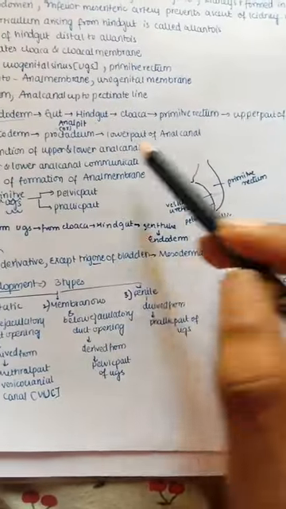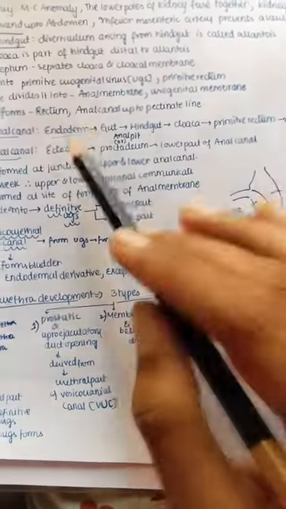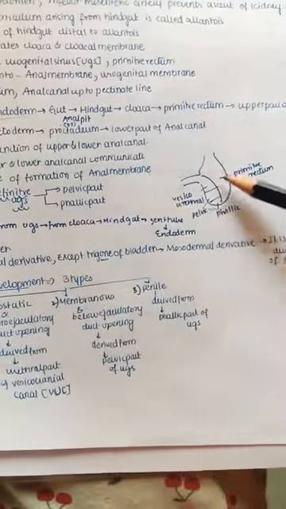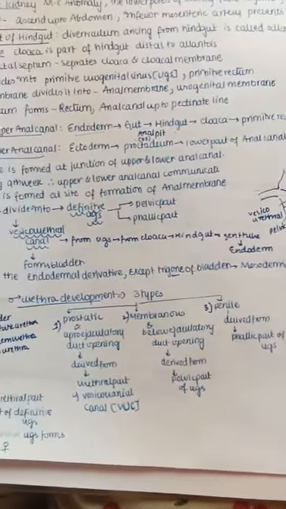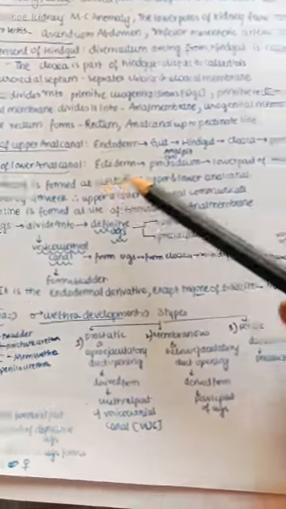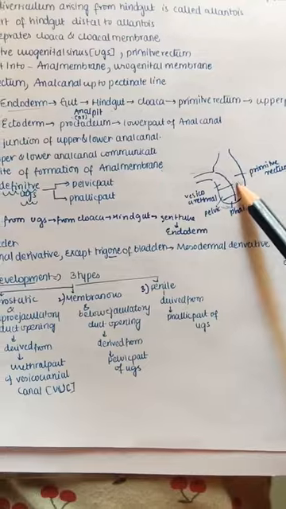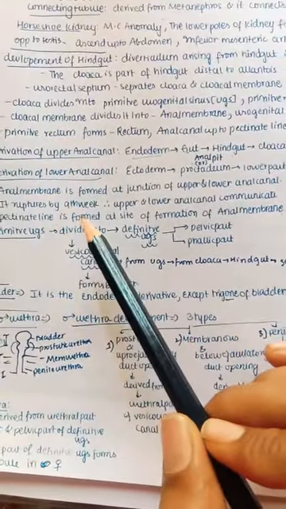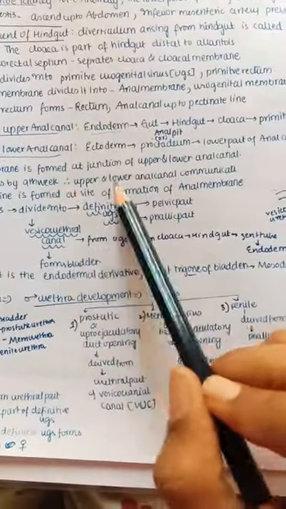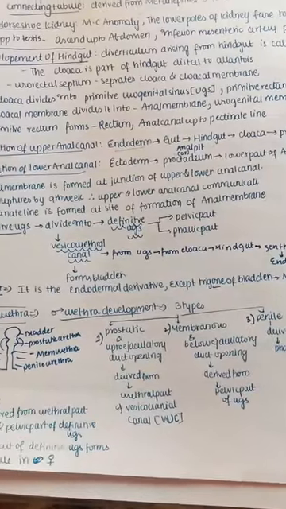And next, coming to the derivative of the lower anal canal. The lower anal canal is in the anal pit or proctodeum, and this is of ectodermal origin. So we can say that the upper anal canal is of endodermal origin and the lower anal canal is of ectodermal origin. The anal membrane is formed at the junction of the upper and lower anal canal, and later the pectinate line forms here. It ruptures by the 9th week. Remember that the anal membrane ruptures at the 9th week, and the upper and lower anal canal then communicate, since the anal membrane is no longer between them.